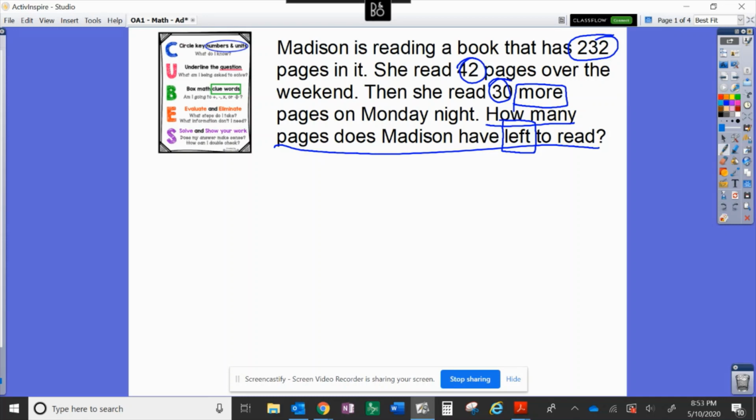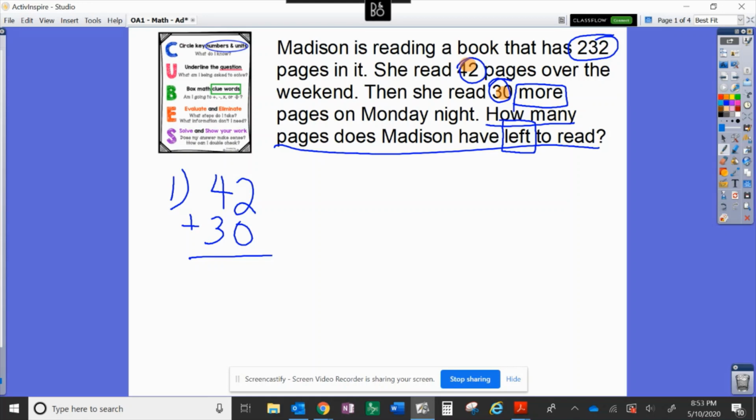I can think about this two ways. My first step can either be me putting the two numbers that she read together and subtracting from the total, or I can do two subtraction problems starting with the total in the book and then subtracting each one. I am a whole lot more comfortable adding numbers together. So I'm going to add the 42 pages she read over the weekend